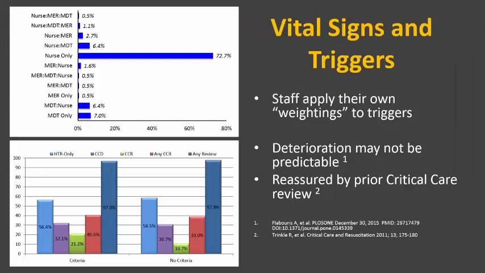The vital signs and the triggers provide a challenge to us with respect to the afferent limb response. And us, as providers and supporters of the rapid response system, and even within critical care, we compound the issues for the ward staff. We all apply different weightings to the triggers. For example, how often have you heard, well, they've always been a little bit hypotensive. This blood pressure is not that far off their normal. Their saturations have never been higher than this.